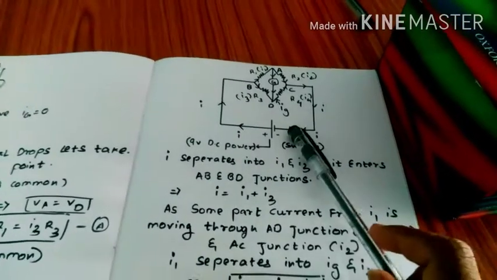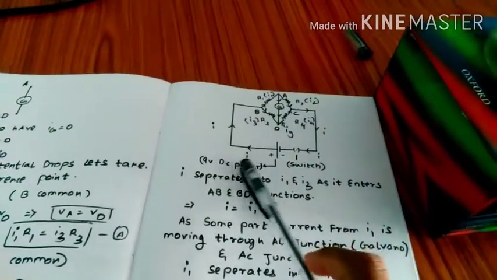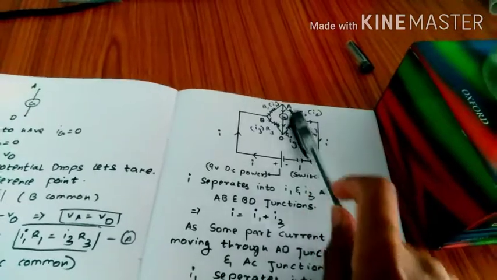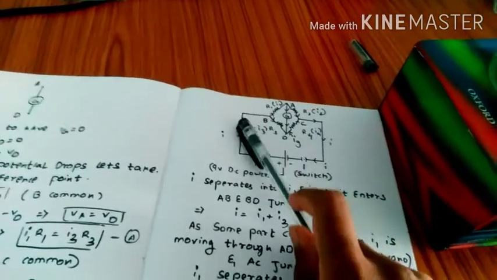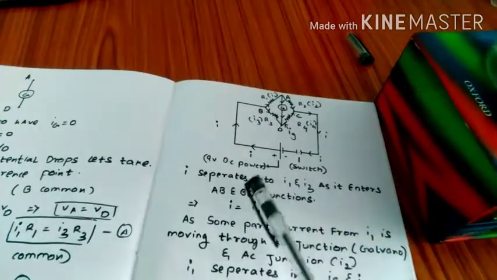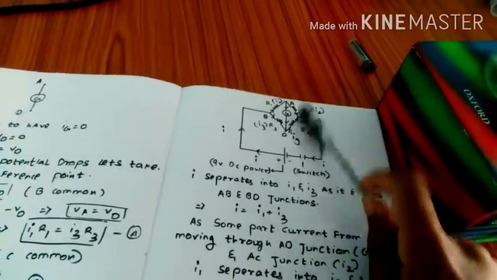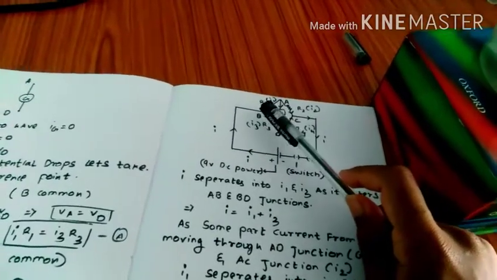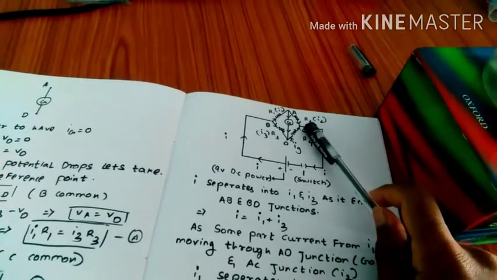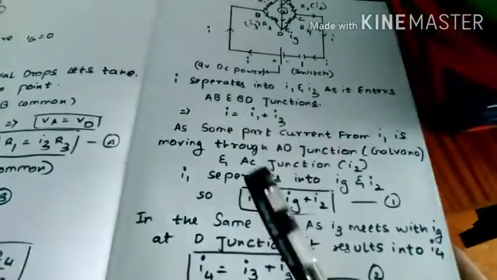So guys, this is the typical Wheatstone bridge circuit, and as we know, the current flows in this direction and the net current is I here. When the current enters this circuit network or these two junctions, it gets separated into I1 and I3. When it enters the R1 and R3 resistors, we can say that I is equal to I1 plus I3. And when we come to the junction here, the I1 current gets separated into Ig and I2, that is the current flowing through the galvanometer and the current flowing through the second resistor.